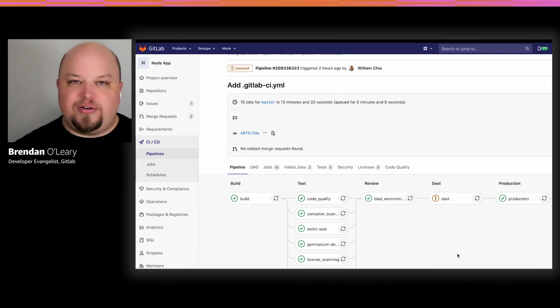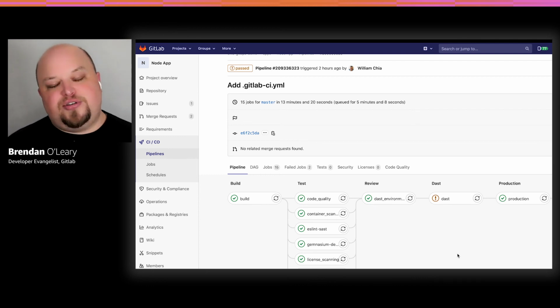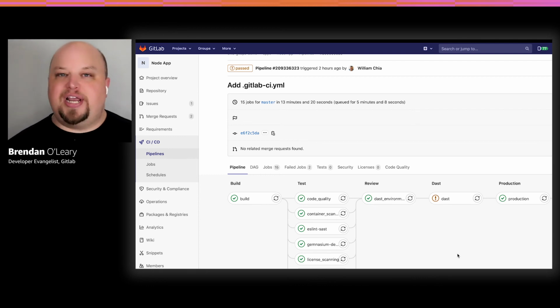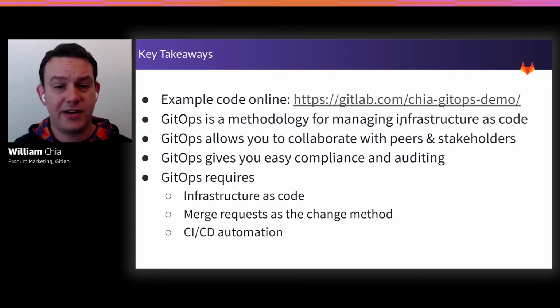So that's how Auto DevOps and a lot of the templates that are built into GitLab helped us do this migration a lot simpler than it would have been to hand code all of the changes between two different providers to get our app migrated into the AWS cloud and into AWS EKS. And with that, William, I think you'll take us home with a little bit of a summary of what we've learned. Thanks a lot, Brendan.